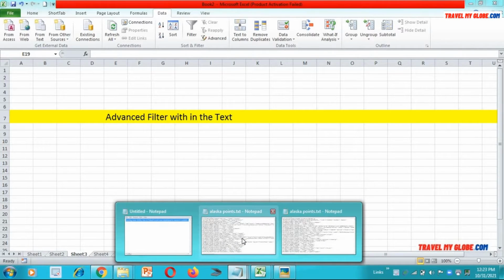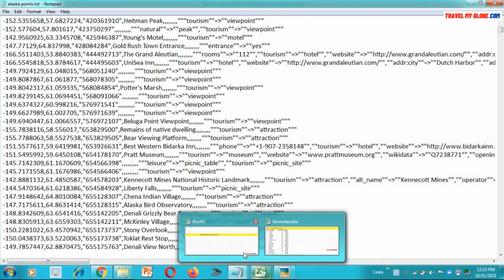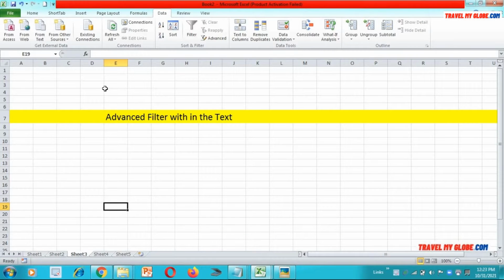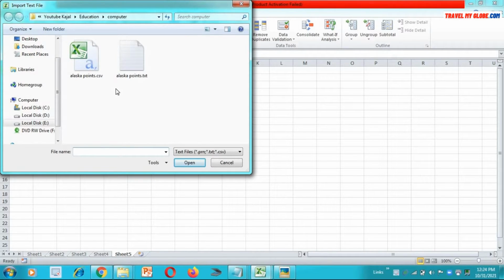Suppose I have a text file like this. Let's bring this file into Excel first. Just go to Excel, another sheet, and go to the Data tab. First import the data from the text file. From the left side, go to the third option, that is From Text, and choose your file where it is stored.